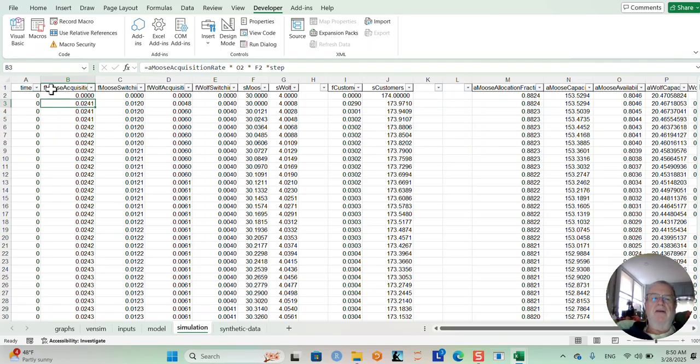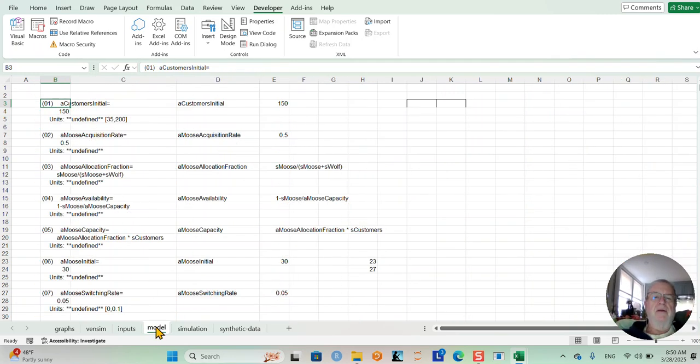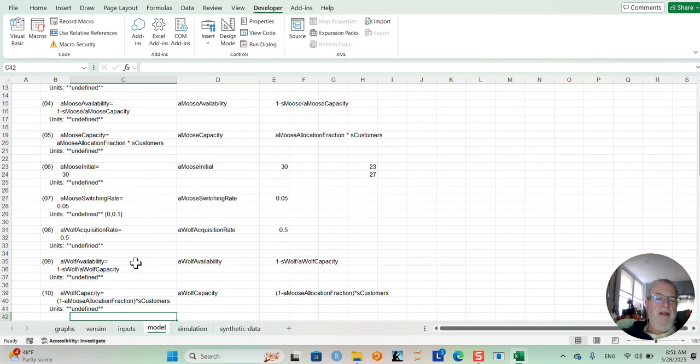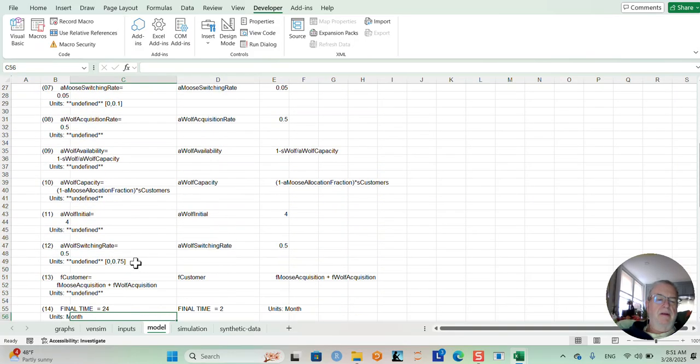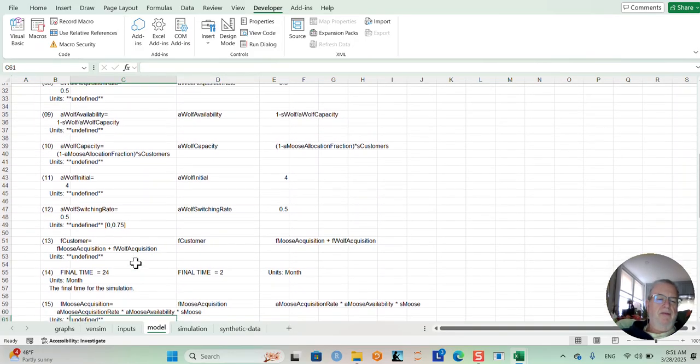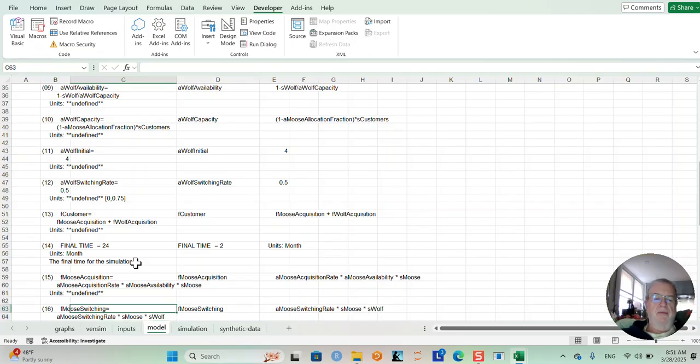Now these are exactly the model pieces. So if you wanted to know what the flow, F standing for flow, Moose acquisition, we go back to the model. Notice all of the auxiliary variables are together very nicely, and the flow variables are together. And here's the Moose acquisition